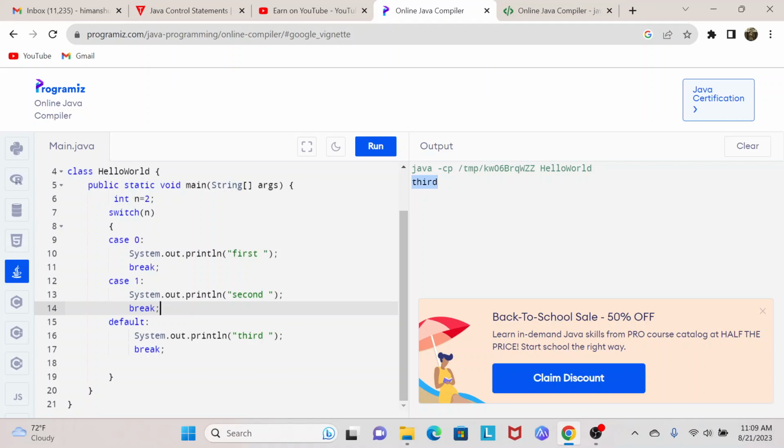That's it. So this is a very basic example. Instead of if else, you can use a switch case, because it is much easier to read and easier to understand which case runs at what time. Based on the cases, we can just pass the value in the switch and run that particular method or class or program.